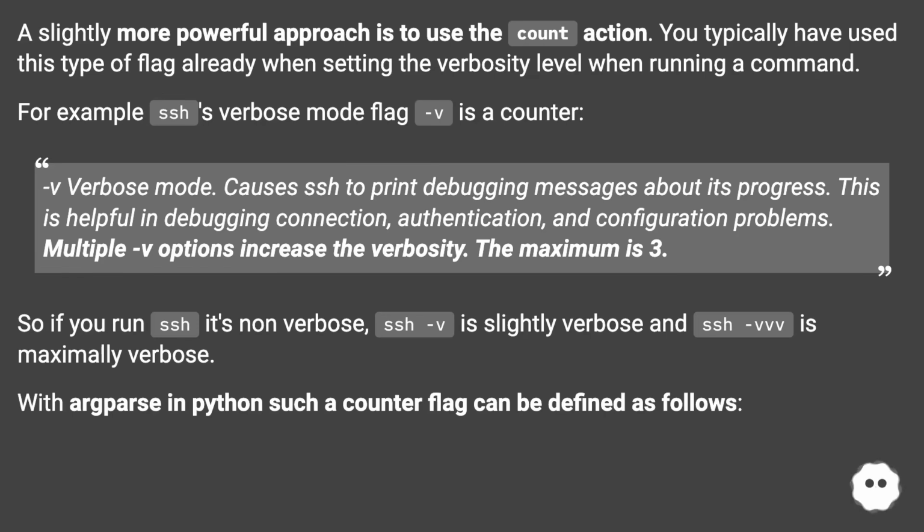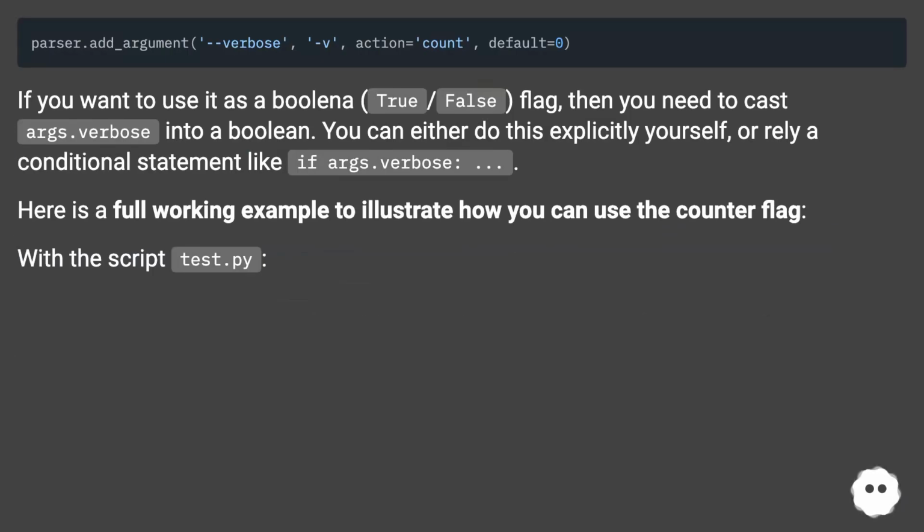The maximum is 3. So if you run ssh, it's non-verbose, ssh -v is slightly verbose, and ssh -vvv is maximally verbose. With Argparse in Python, such a counter flag can be defined as follows. If you want to use it as a Boolean true/false flag, then you need to cast args.verbose into a Boolean. You can either do this explicitly yourself, or rely on a conditional statement like if args.verbose: